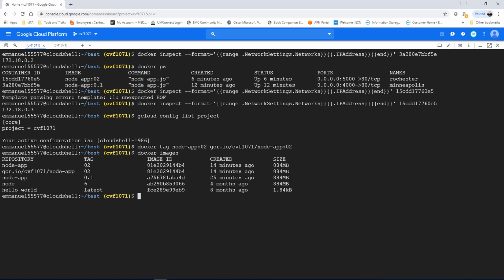So that's my Docker app 2 here. That's the repository that I created, that's what I used to have before. This is what we just created now. Then I can push it. Go ahead and push these